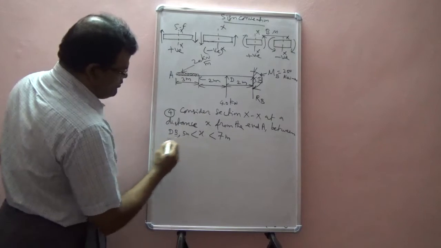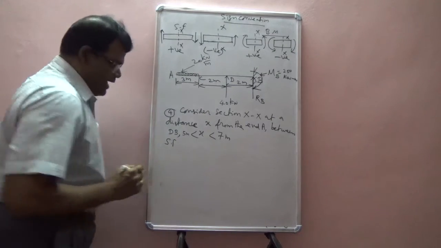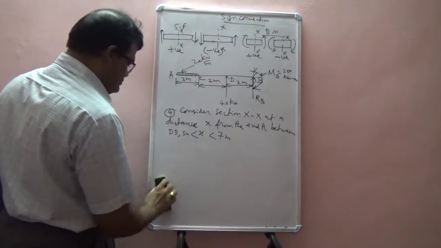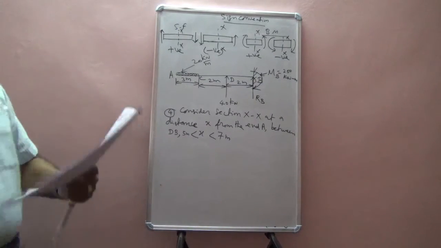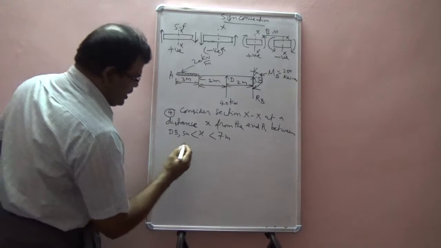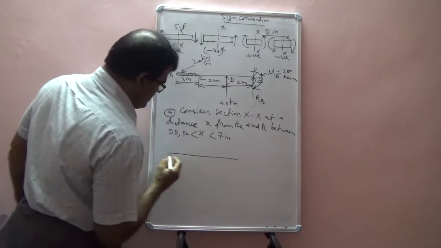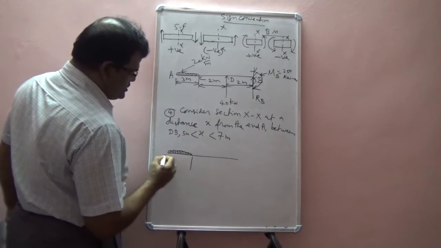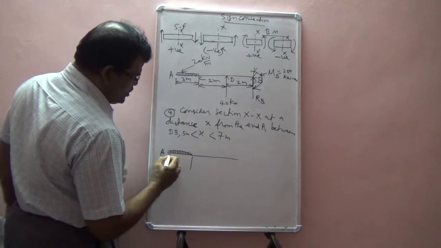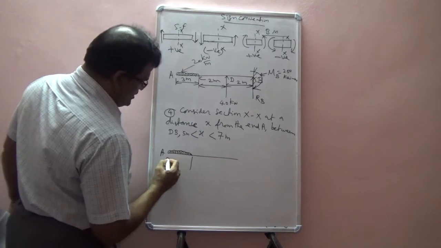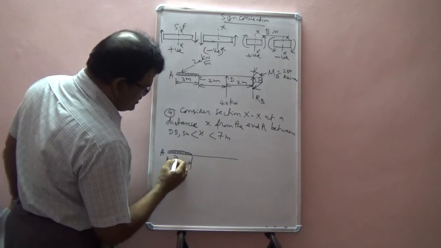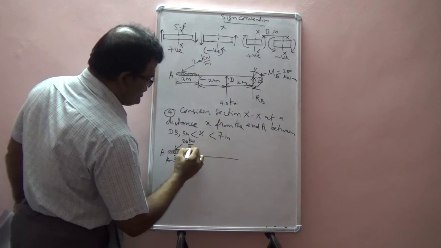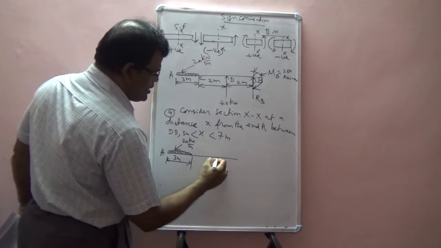Now, find out the shear force. So draw the diagram first, the load diagram. Always follow these steps so that you won't make any mistake. I found students frequently make mistakes because they are not following the procedure. So this is point A, and this is point C. From here to here it is 3 meter. The magnitude is 20 kilonewton per meter, and there is a point load at D.